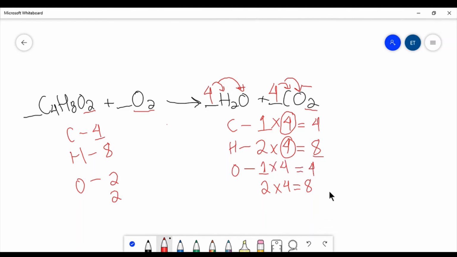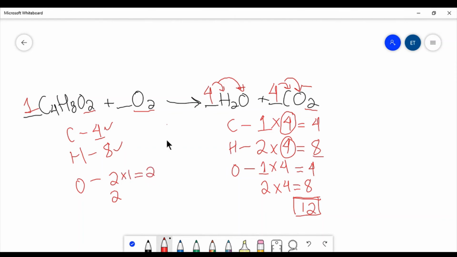Okay. So now that I have my coefficients for both of these oxygens, I'm going to add this. And it comes out to 12 oxygens in total on the product side. So we already know that these are good, right? We don't need to add anything onto it. So this is going to stay like that,